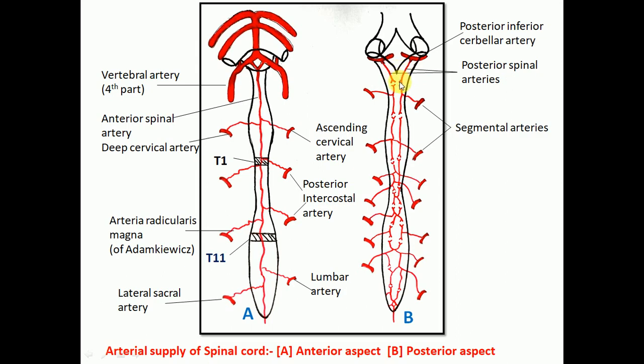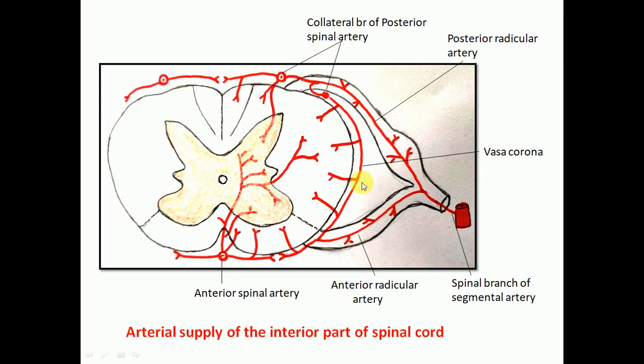Now this anterior spinal artery on the anterior aspect and the posterior spinal arteries on the right and left sides also divide into collateral branches, medial and lateral collateral branches, on the right side as well as the left side. So 2 plus 2, 4, and 1 on the anterior aspect also form the 5 arterial longitudinal channels, and these 5 arterial longitudinal channels also communicate with the radicular arteries, or we can say segmental arteries, when they enter the spinal cord, and ultimately these form the major arterial channel or trunk.